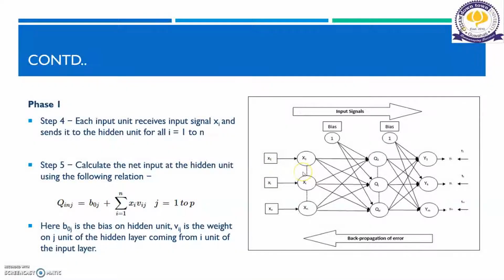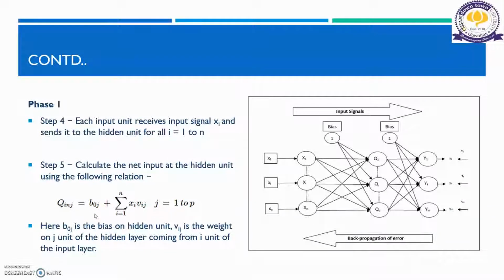Each input unit receives an input signal and passes it to the hidden unit. You already know there is no computation involved in the input layer. The input layer just receives the input signal and passes it to the hidden layer. Now in the hidden layer, it calculates the net input using this equation. I am pretty sure you are already familiar with this equation. So this is the equation for calculating the net input in the hidden layer. Here